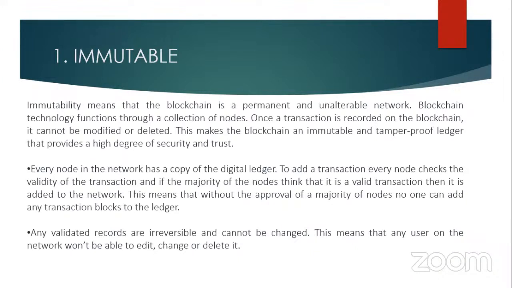So once I send you one Bitcoin, I cannot go back and complain to the blockchain, saying I made a mistake, I sent one Bitcoin to this person, please can you reverse the transaction back to me? It's not possible. Once it has gone, it has left your wallet. So that's why, if you are sending out Bitcoin or Ethereum to anybody, they will tell you